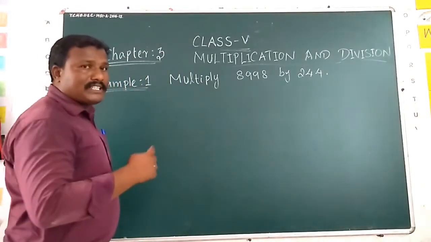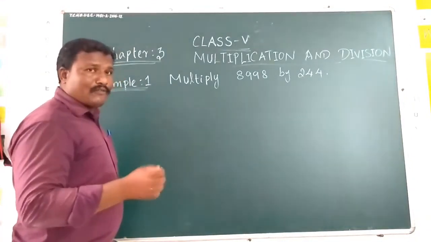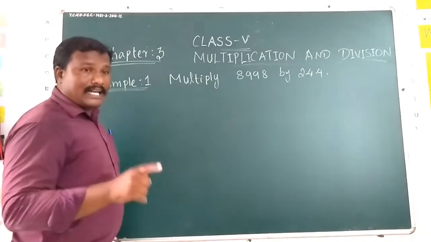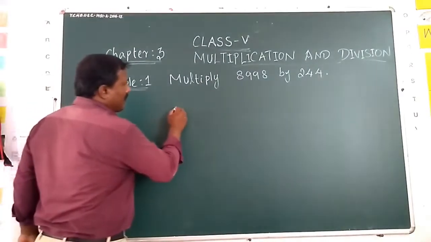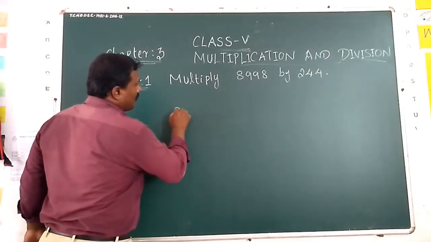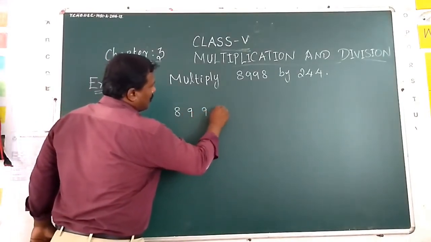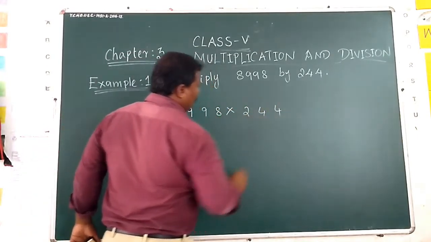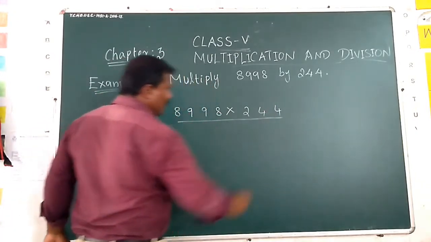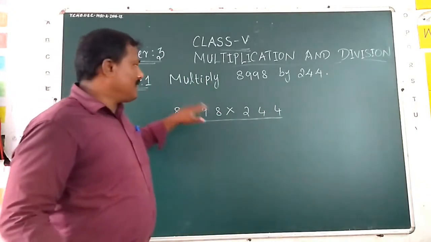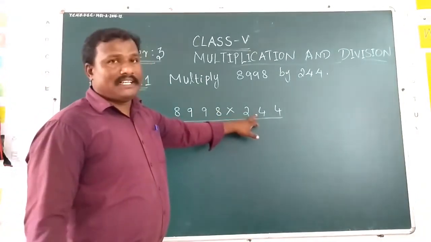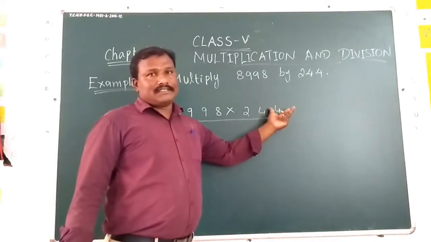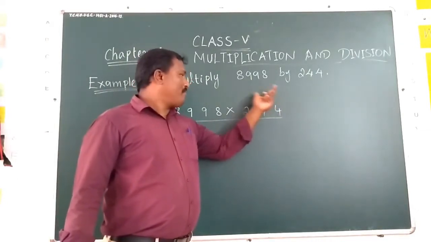So I have used this method. You just follow this. If you feel it is easy, then you try this method, or else you follow your textbook. Okay, so first I will try. First write the multiplicand, then the multiplication symbol, then the multiplier. Now what I will do is start from the most right.